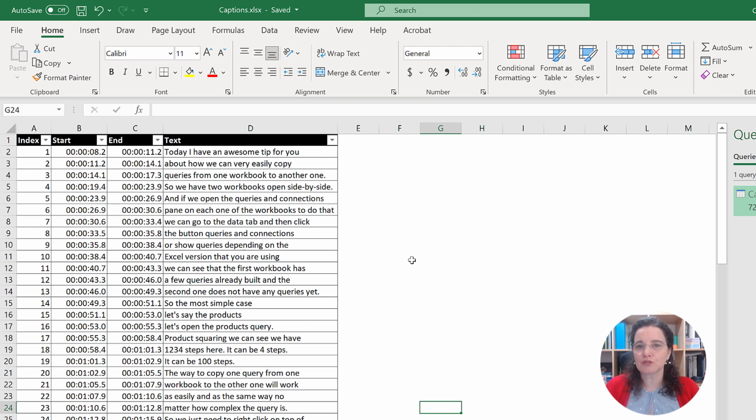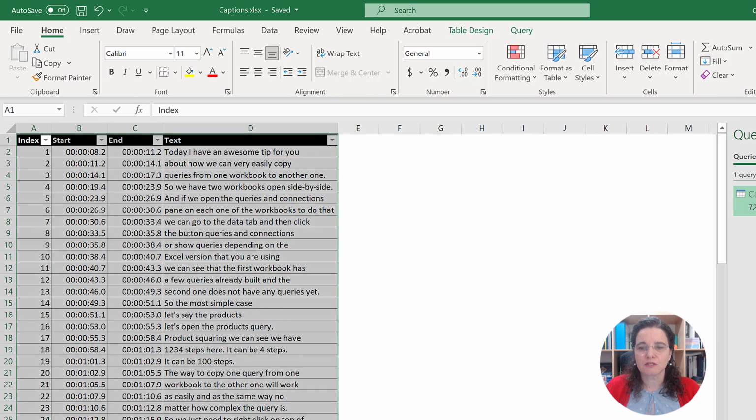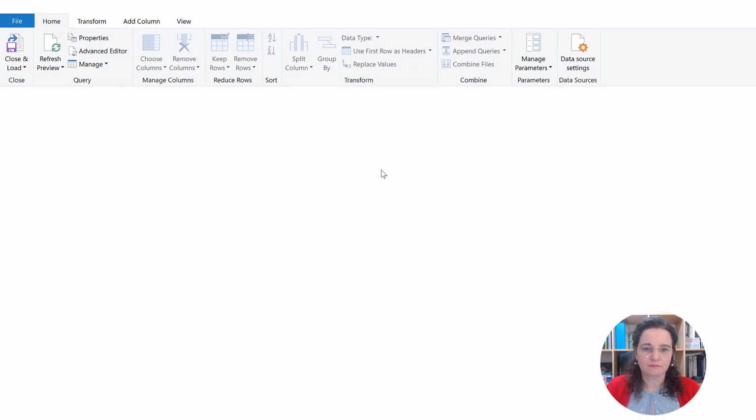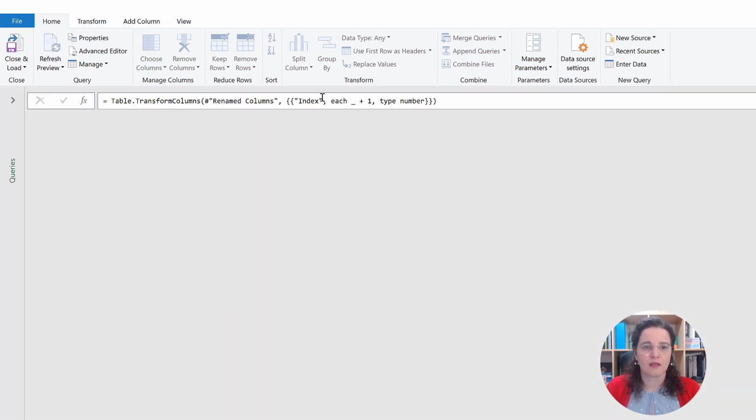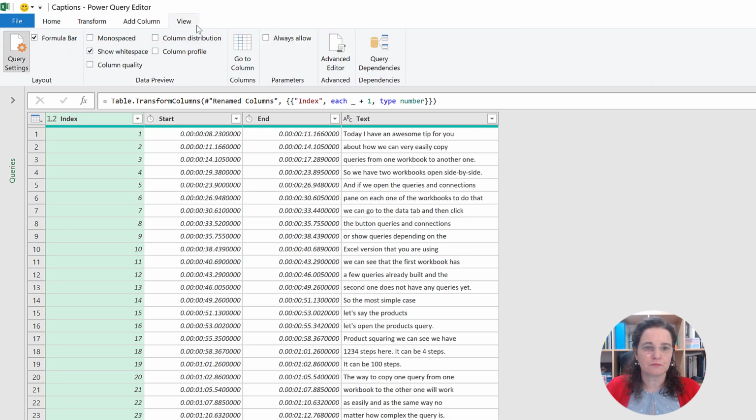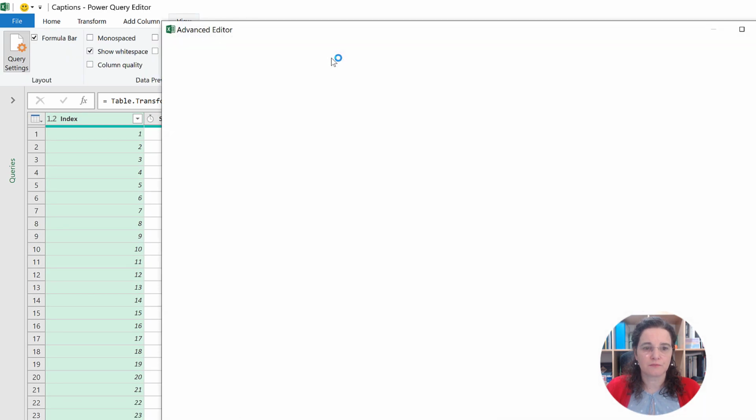So I have two concerns now. Can you think of what they are? The first one, we just talked about it. It's about the data source, how Power Query will find the new file that we need to process. The other one I'll show you right away. So let's come and edit our query here and see where those challenges are in the code. If we come here to View, Advanced Editor,